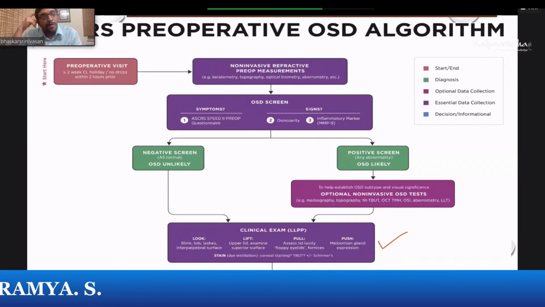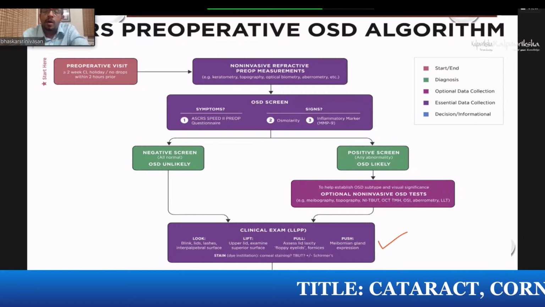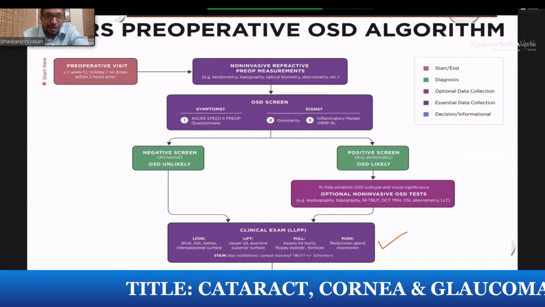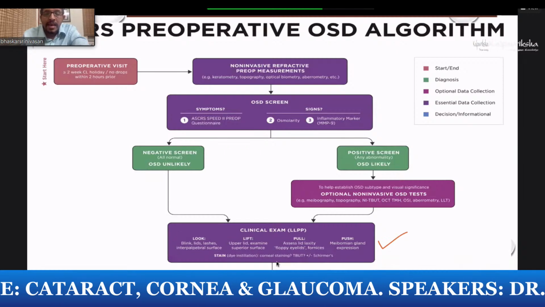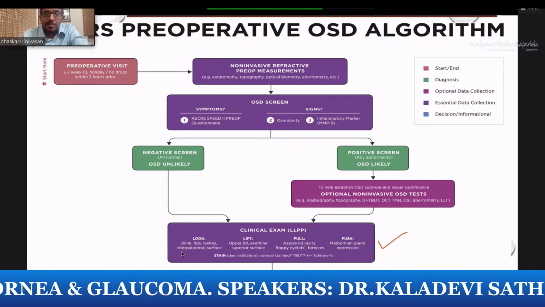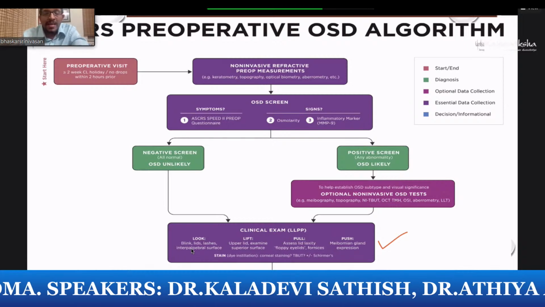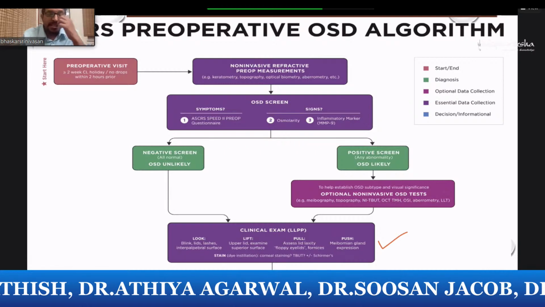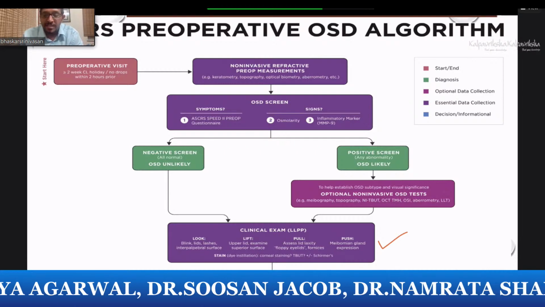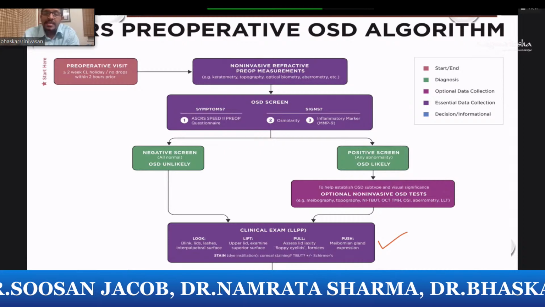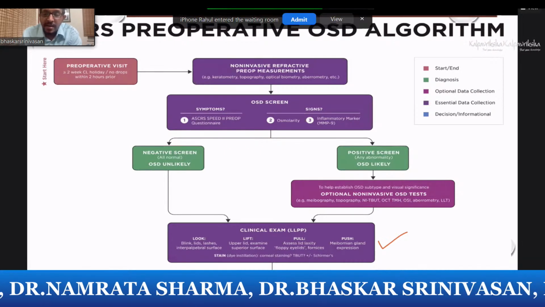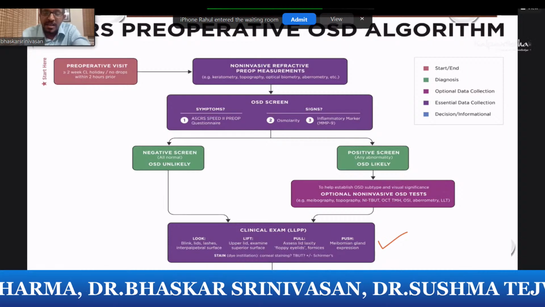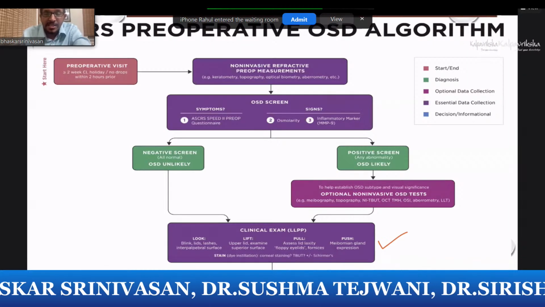The screening test basically involves an osmolarity and, if available, an MMP9 kit. But in an Indian context, both of these are fairly expensive, and we might just rely more on a questionnaire and a clinical evaluation. It is important to look at the LLPP, which I have ticked at the bottom. It means you look at the lids, the lashes, and the interpupillary area, and you lift the upper lid to look at the superior conjunctiva for any staining, because that's one of the causes of SLKC. You pull the lid to look at lid laxity, and you can push the lids to look at meibomian gland dysfunction.